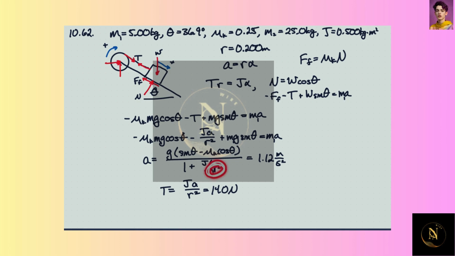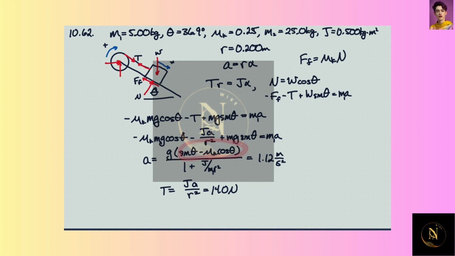If M1 R squared gets really big compared to J, then this thing gets really small, and again we get a similar situation as just that there's effectively no pulley. Obviously, if we get rid of the friction, that makes sense. And then A decreases as the friction increases, and obviously, at some point A is going to go to 0, and then basically we have the static case. It's never going to be negative,